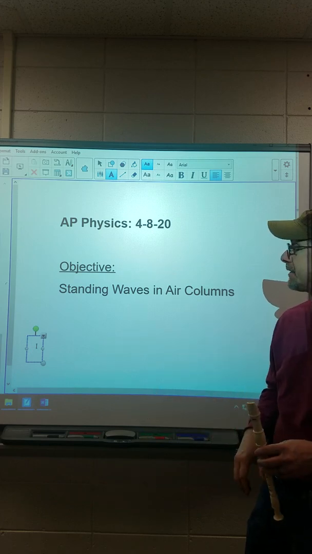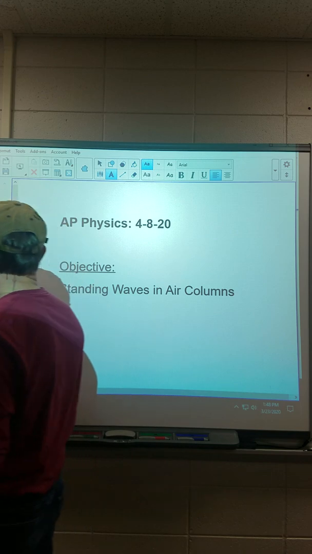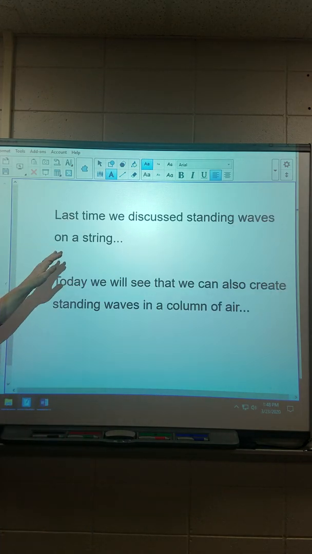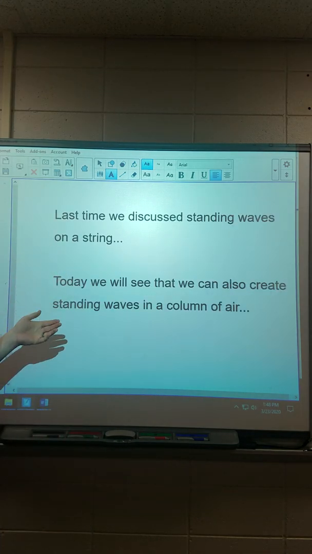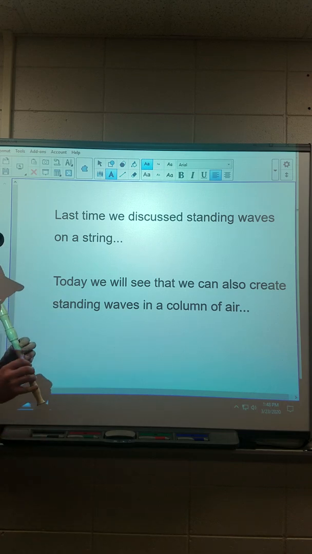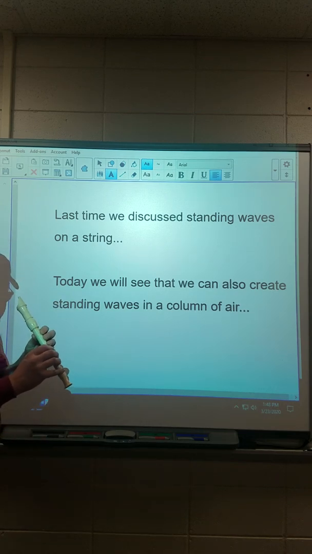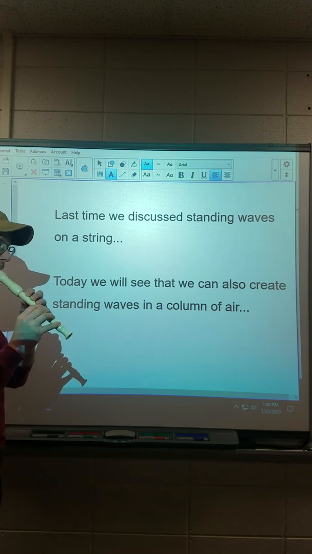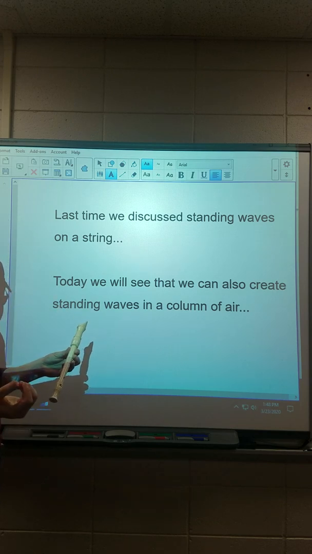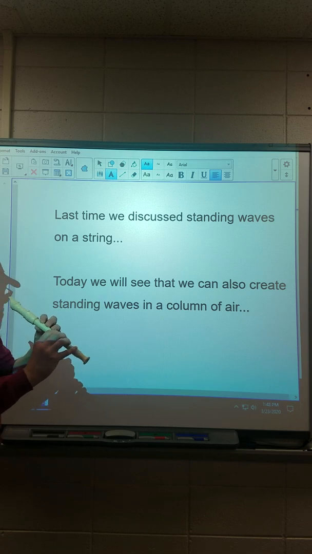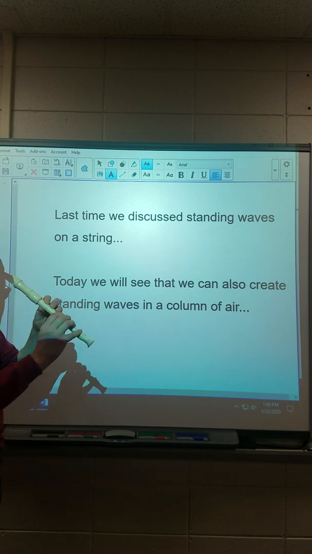So if you recall, last time we looked at standing waves on a string. Today we can also create a standing wave in a column of air. For instance, if I run air through this device, it's going to generate a sound, okay? But if I shorten up this column of air by releasing my fingers,